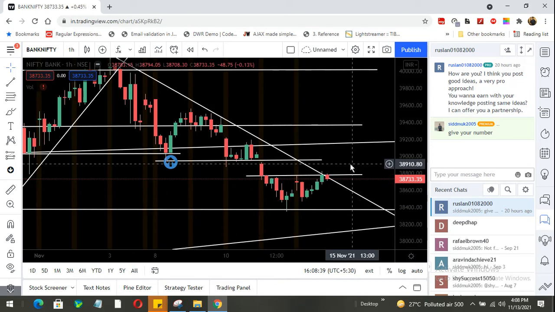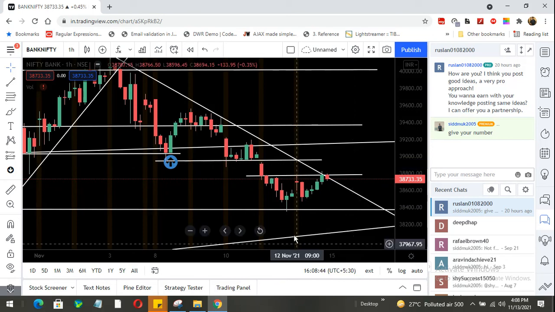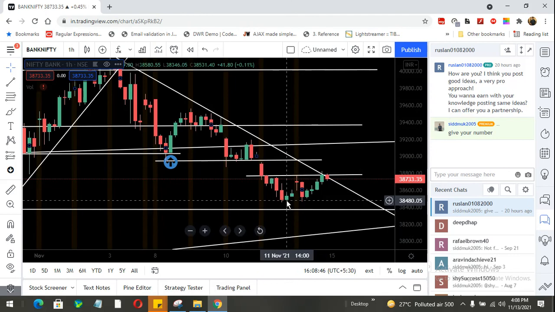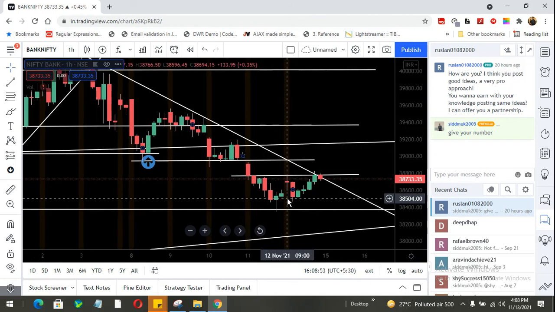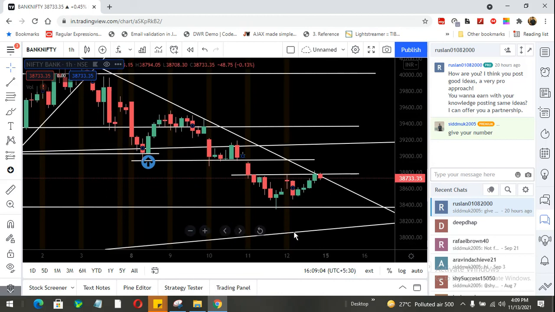Keep the stop loss at just whatever the 1 hour candle low is, that should be your stop loss. And you know that in Bank Nifty, one candle could be 300 points or 400 points or 500 points as well. So if you trade in futures, then you can take the 1 hour low as a stop loss. Otherwise, trade with hedging. Do one thing: after a 500, 700 point upside, sell the call as well.